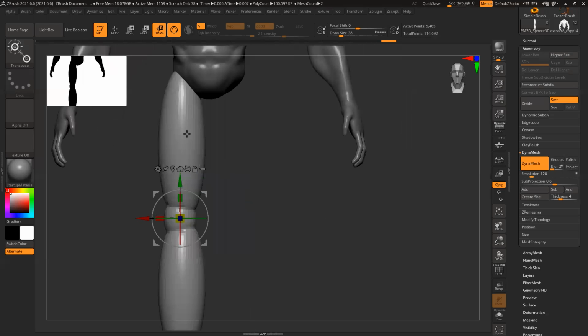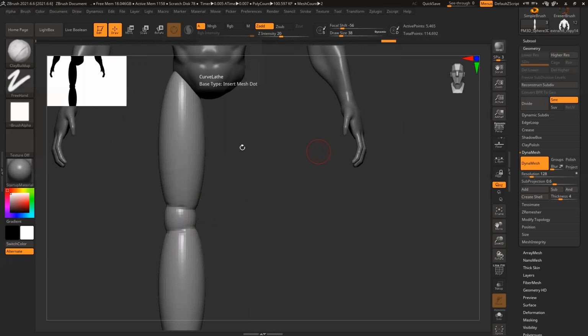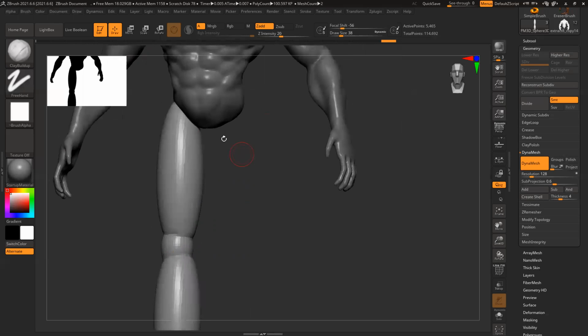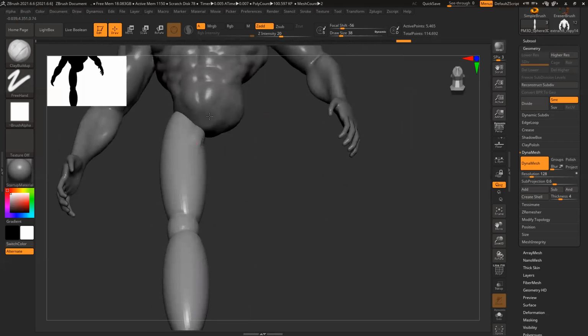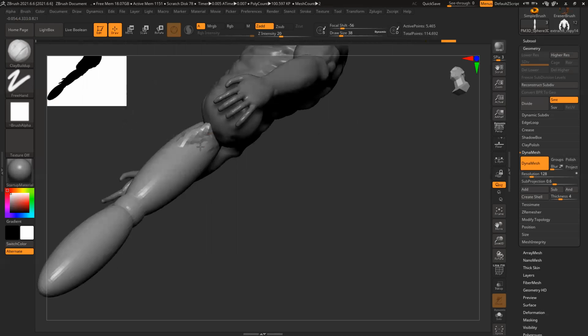So I have to create all these muscles and how they connect to the body. BCB. First things first, I'll create the inside volumes. How it's connected: you have two sets of muscle that connect to the crotch area.